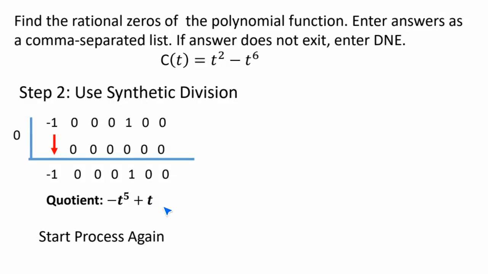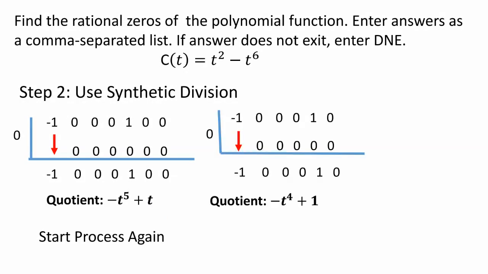Again, you could factor at this point, and so you can do that. But I'm just going to start the process again, because sometimes this won't be factorable. So you would need to start the process again. And so that process is, if you find the possible zeros, it's only going to be a 0. So t to the 5th is negative 1, t to the 4th, t cubed, t squared, and then you have